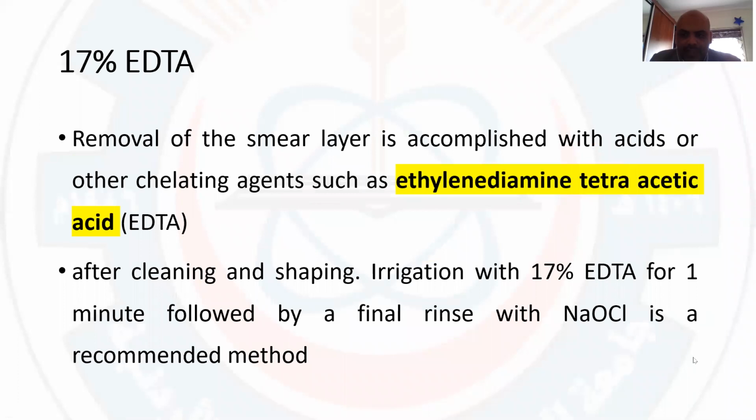Okay. Now, EDTA is another material we can use for another purpose. EDTA is ethylenediaminetetraacetic acid, and it has a concentration of 17%, and it has an effect on inorganic tissue. It will help to remove the smear layer. And you remember, while cleaning and shaping, we have small debris, the smear layer, that will occlude the dentinal tubules. By removing the smear layer, we will enhance the action of sodium hypochlorite. And also, EDTA has an effect on the bacterial biofilm by decreasing the